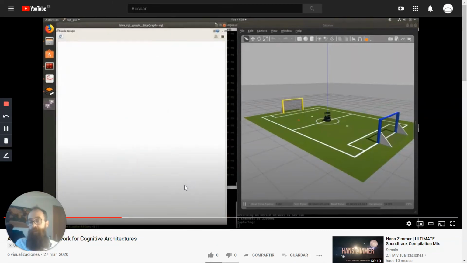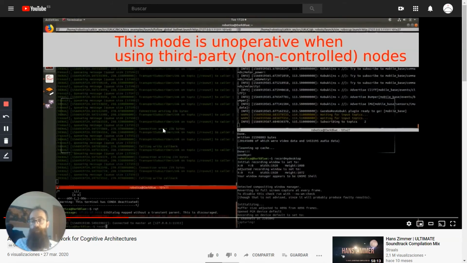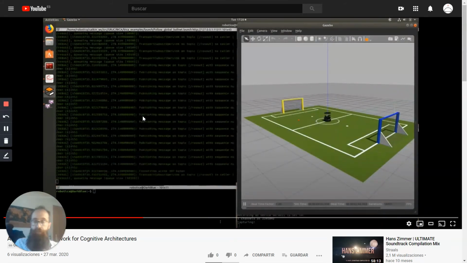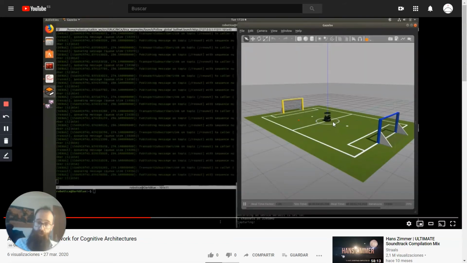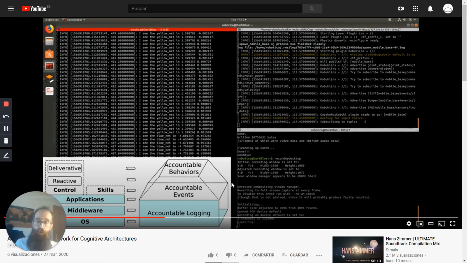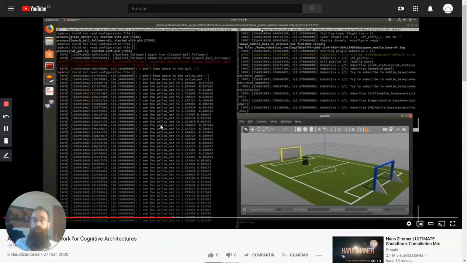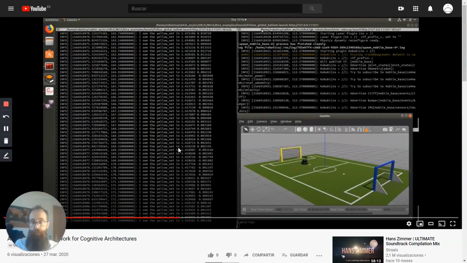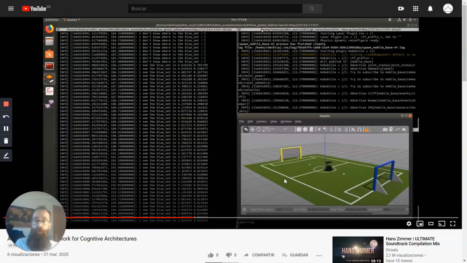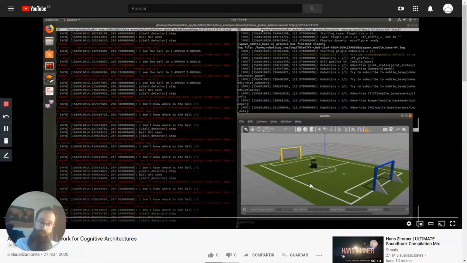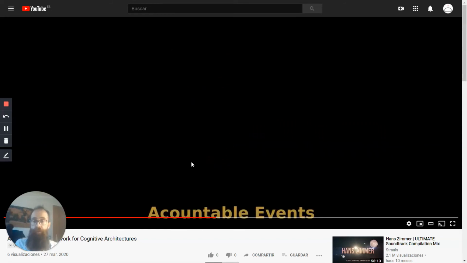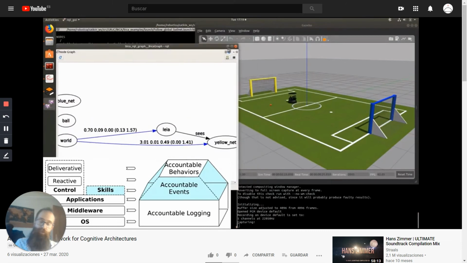When we go for debug information, just for ROS logs, we will see that it's impossible to trace everything that is happening in the robot. We have a lot of information, and this big amount of information does not allow us to evaluate what is happening. If we just move for adapted logs, it means just punctual logs, we will see that we are able to trace some components, and we are going to obtain some information of what is happening, what is seen, and we can trace what is the robot behavior and what is happening here. Of course, to trace this low-level information is quite difficult and complex and boring, of course.